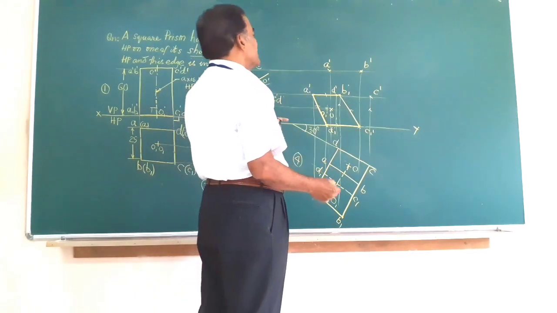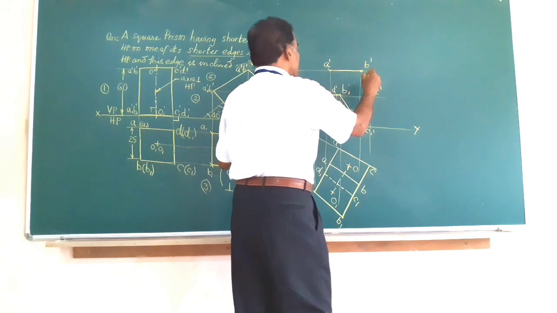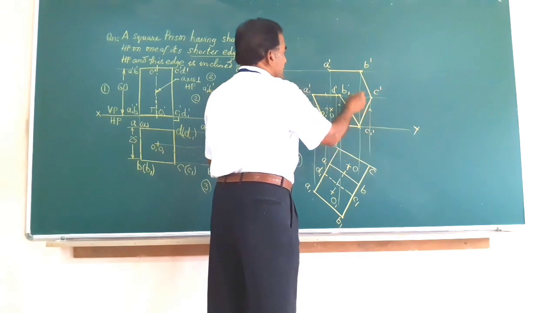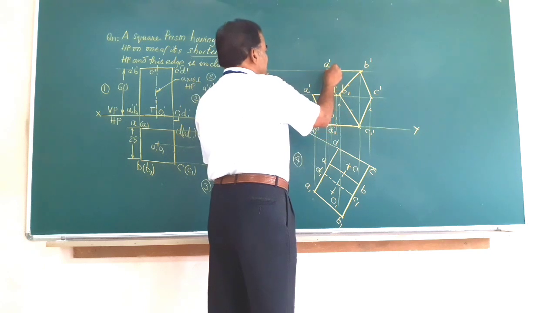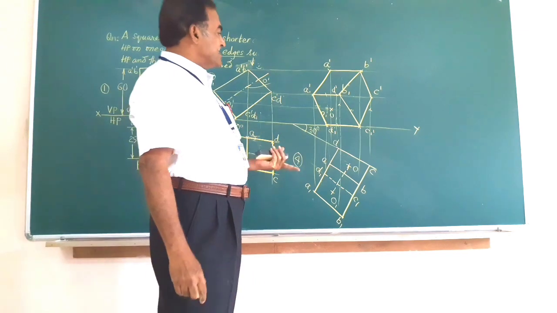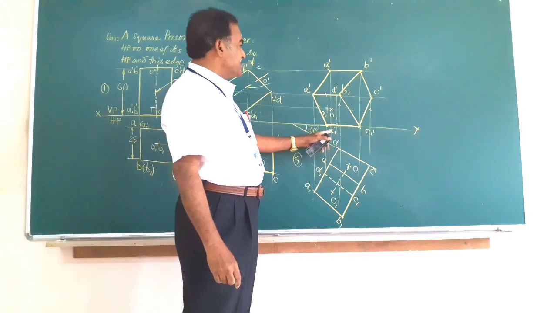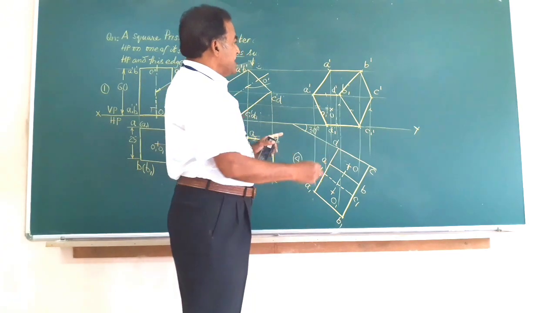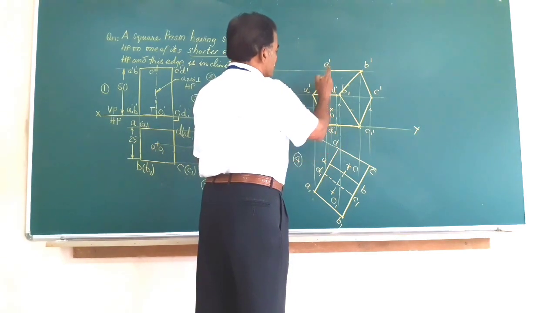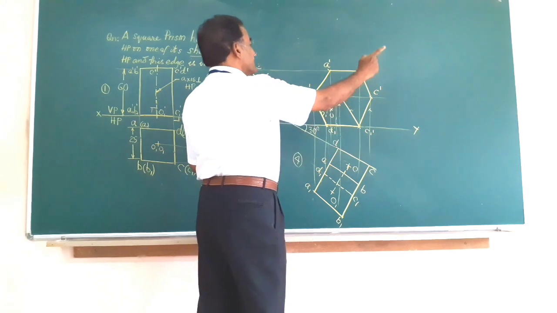And now I have to complete the figure. As per the rule, all the border lines are visible. So join A dash to B dash, B dash to C dash, C dash to C1 dash, B dash to B1 dash, A dash to A1 dash. Friends, now we will see that the object is resting on one of the shorter edges C1 dash, B1 dash, and now I have joined the corners of the bottom face, namely A1 dash to A dash, B1 dash to B dash, C1 dash to C dash, and D1 dash to D dash.